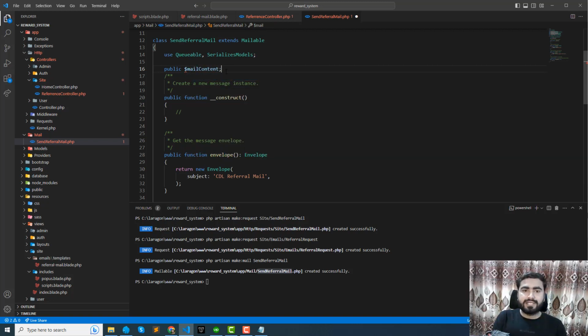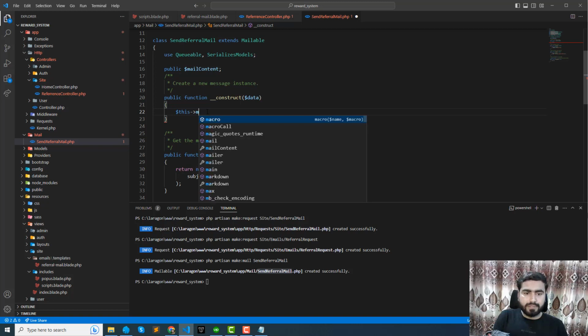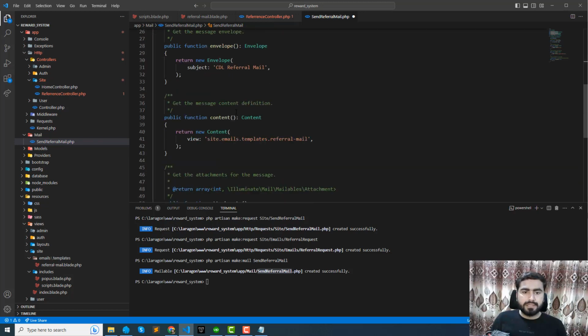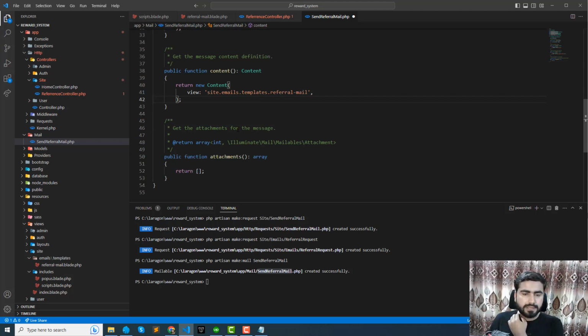I'm not naming it data, so we won't be confused about what it is, right? So here we are receiving the data, and I want to assign this value to mail content, to collect this data and then save it to this variable, right? Okay, and here, how can I pass this data here? So new content, and the view is here, and okay,